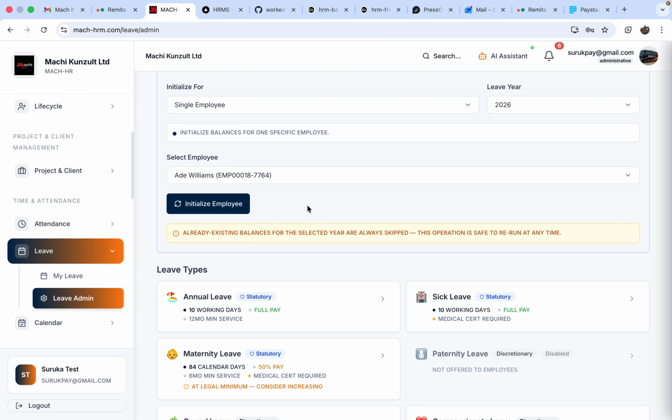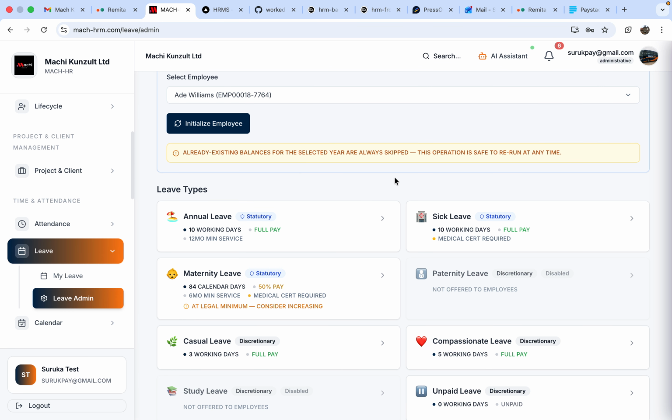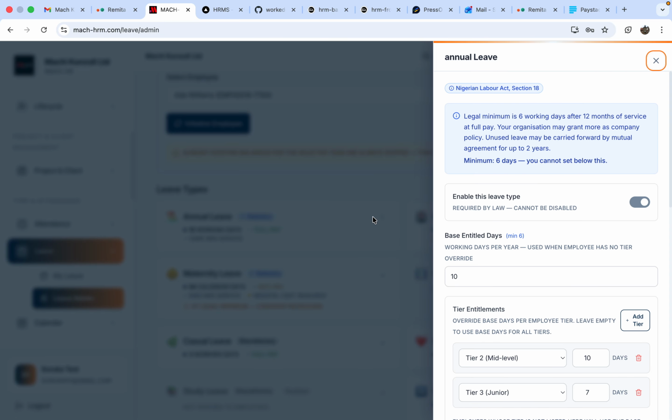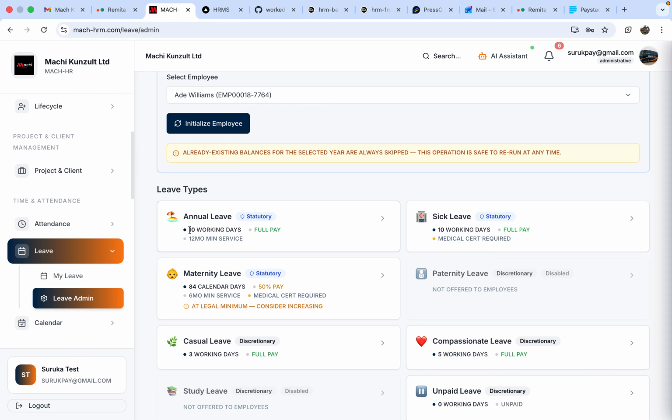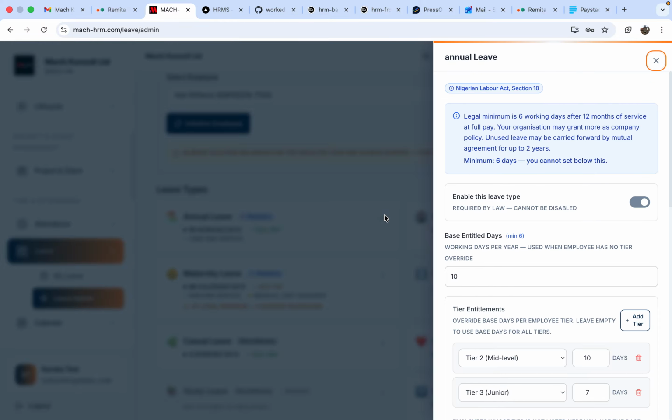But before then, you need to set up your leave type. Now, these are the leave types again. This is just basically a recap of what was discussed yesterday. I try to use this system because it has data which we can use for this test purpose. Here you notice it's showing 10 working days, 12 months minimum service before the person will be entitled to leave, and then full pay. So if we click on annual leave,